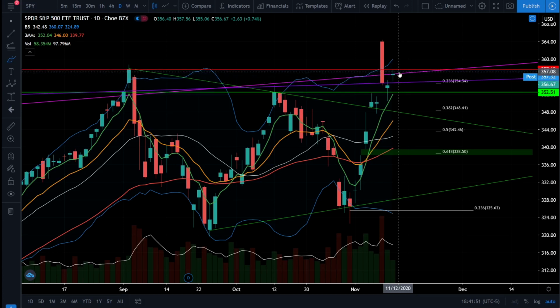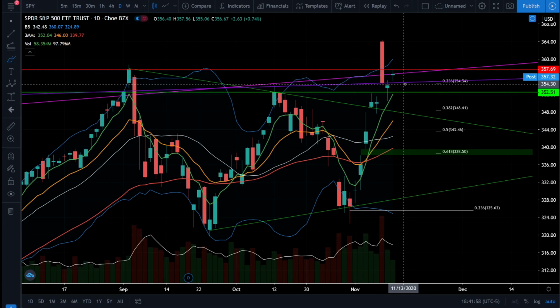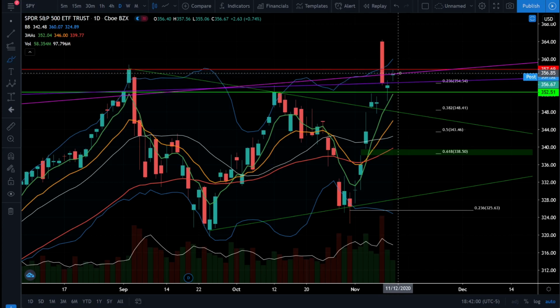So we're still bullish, and we think the stock market is going higher, but that doesn't mean we're not waiting for a correction and a better buying opportunity. We don't want to chase something that's gone up this far, this fast. If anything, we're selling and we're taking profits at these levels.